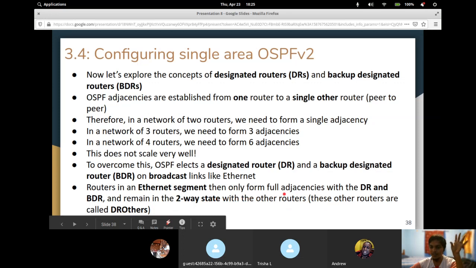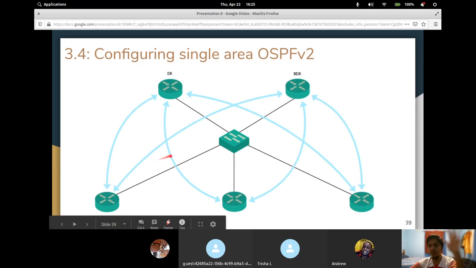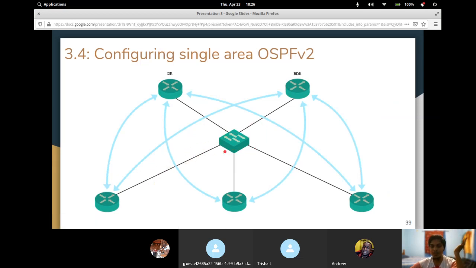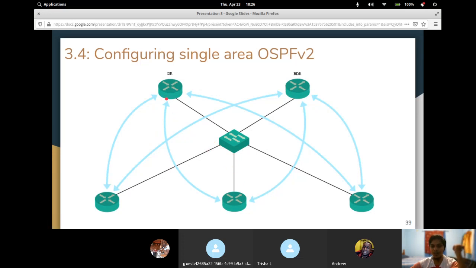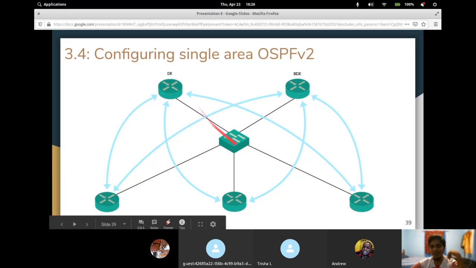So those are just terms that we need to memorize: designated router, or DR, backup designated router, or BDR, and DROthers. So those are the 3 roles. So this is what we're talking about here, right? We have an Ethernet segment here. You would have heard me mention this as a network or a subnet before. You have a switch, and everything connecting to the same switch is in the same subnet or the same network. As I mentioned before, if we had to do full OSPF adjacencies here, this router would have to pair with this one, and this one, and this one, and all the other ones would need to do that as well,